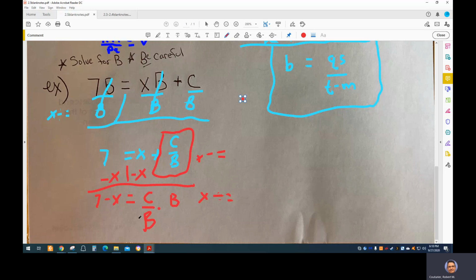Now, if we multiply this side by it, we have to multiply this side by B as well. Notice how I wrapped it in a set of parentheses, because now that we multiplied the B here, it's not being multiplied to one piece, it has to be multiplied to each piece. We don't want to do it to each piece, we want to just keep it by itself like we did in the last problem, because it's easier to tackle. So now we have to rewrite again, and I'm going to have to move over here to this side because I'm almost out of space. So rewrite the problem one more time. Notice these B's cancel, and now we just have C. So we have a B